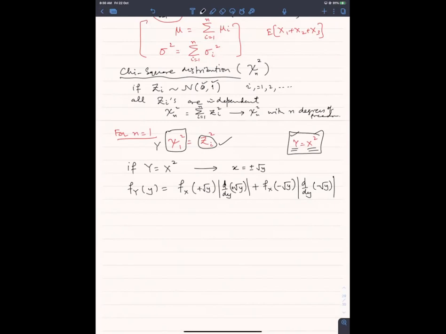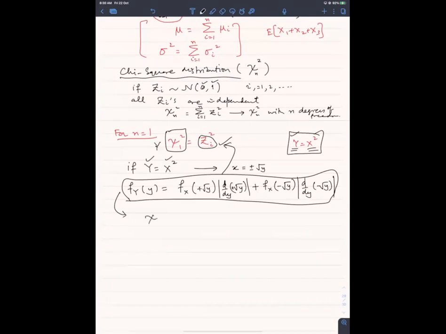If you recall, we did this. Even if you forgot, no problem, go back and look at your notes. This whole expression is how to find the PDF of y given the PDF of x, which we have done before. So apply it here. If you apply it here, in a few steps you will be able to find out, as we showed in the notes, that the PDF of psi1 square is given by